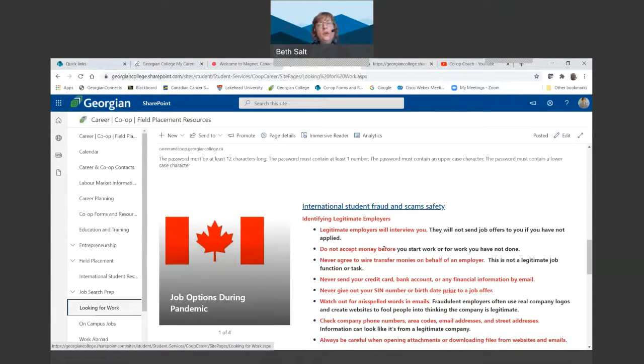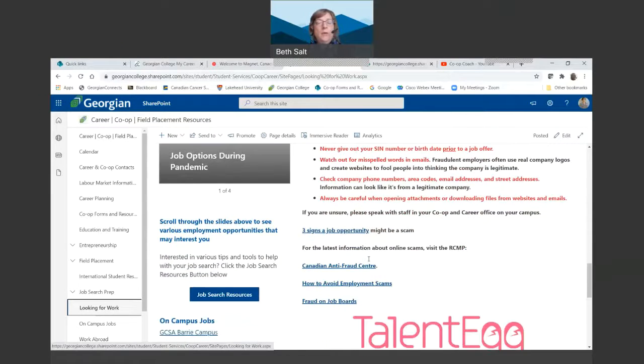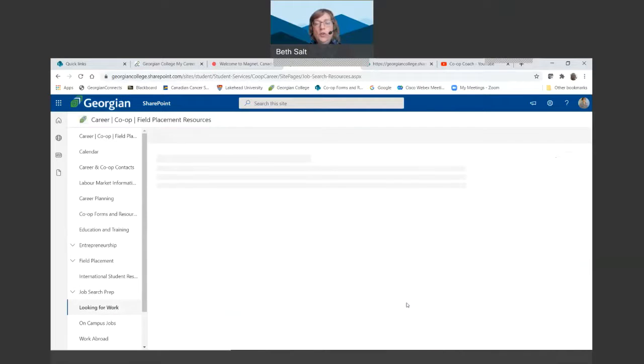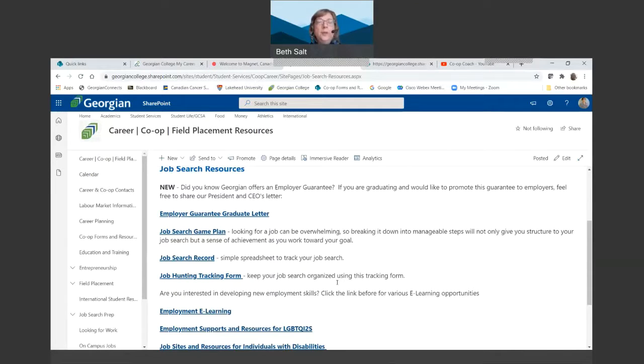Please read it, especially if you're new to Canada, because scams really are a concern more and more with our online situation coming out of COVID. This button here, job search resources. I want to show you a couple of resources, and then one other site before I finish. If you're completely new to the job search and the independent job search,